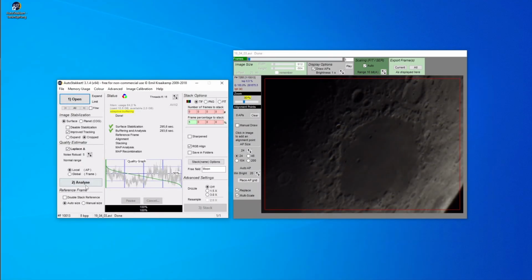Alright, it's done analyzing now, and it took around 10 minutes. And we now have this quality graph, which is pretty important. This gray line shows the quality of our pictures over time, but we don't really need that. For us, the green line right here is very important, because this shows us how many pictures of which quality